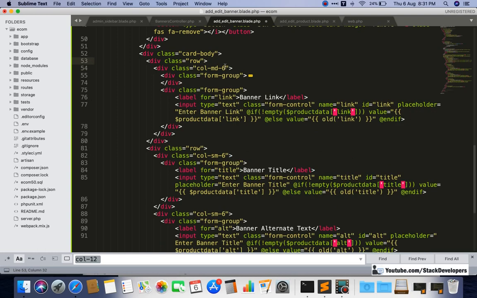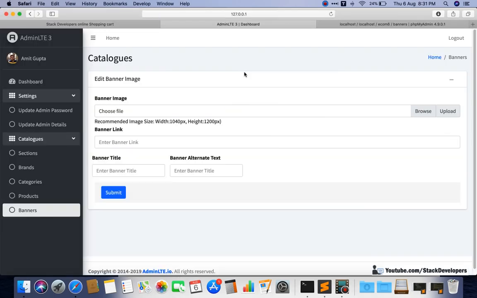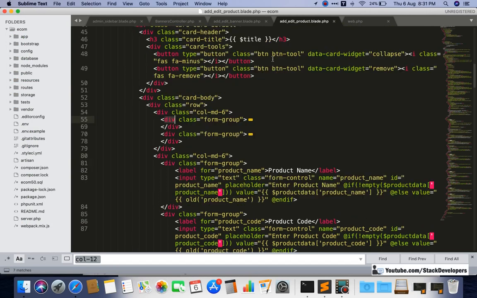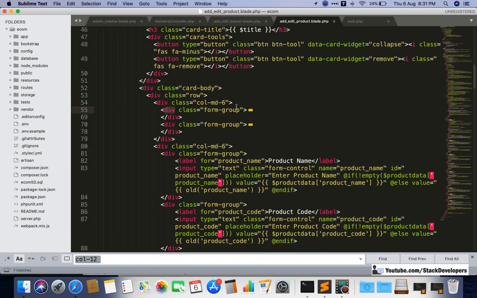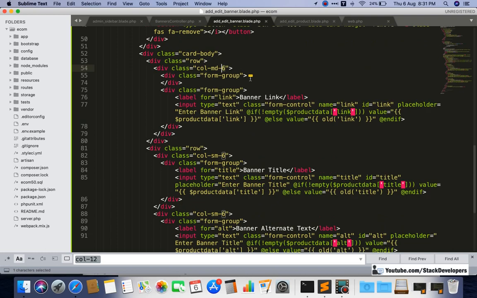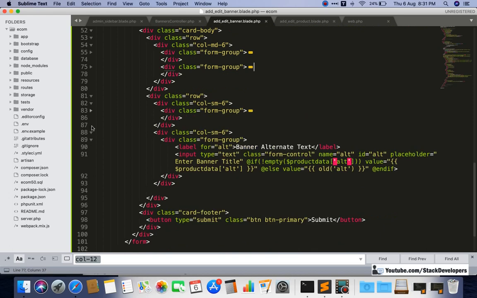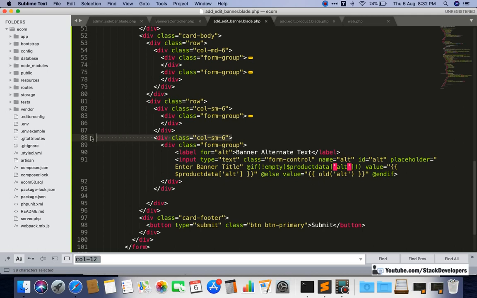So for loop, okay. So I think this one is not required.